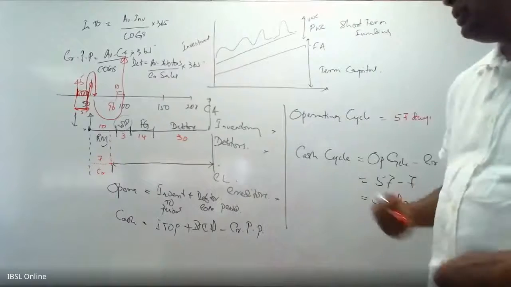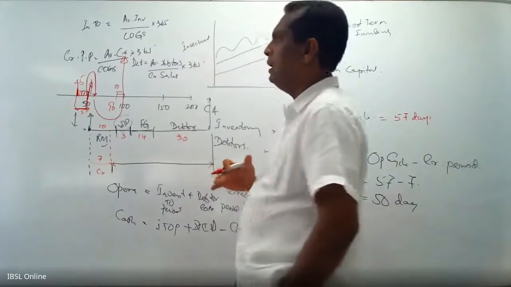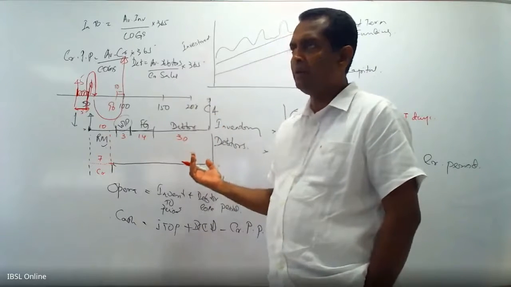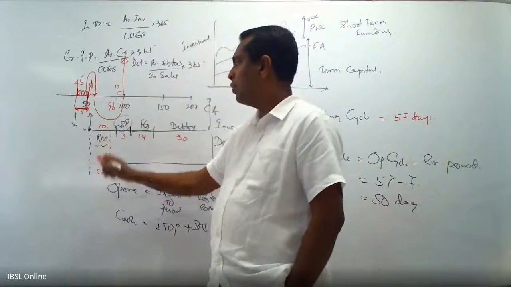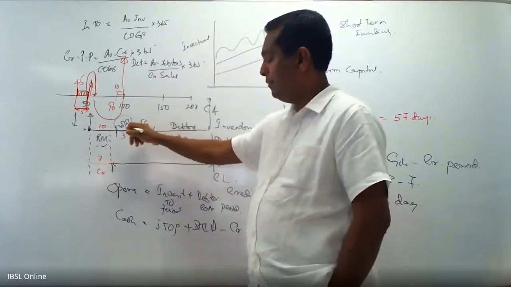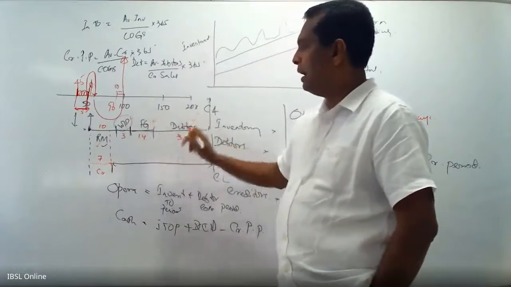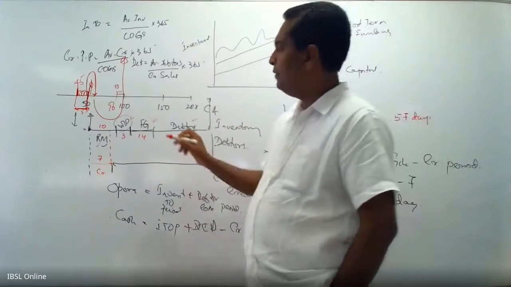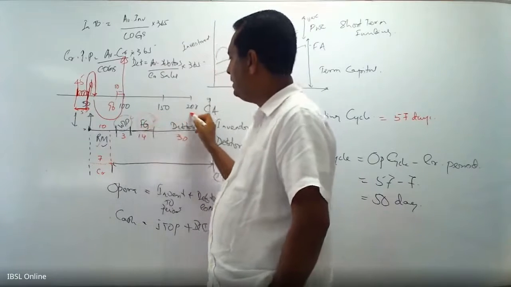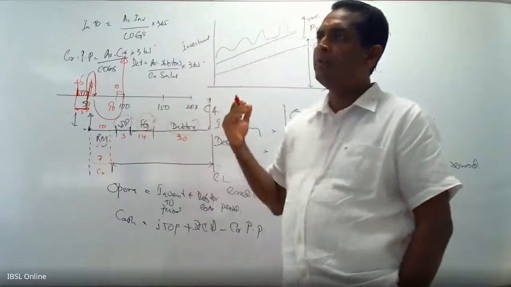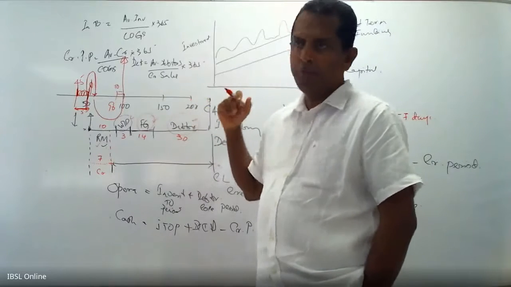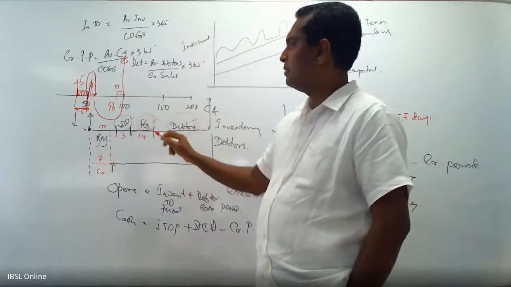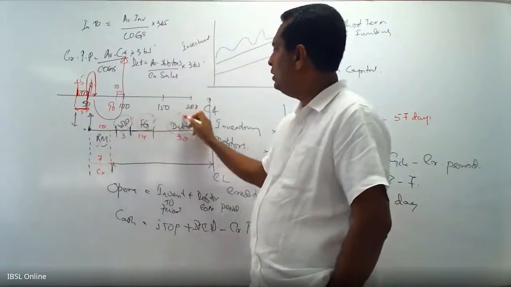Then I went on to say that in the manufacturing industry, we have the largest working capital requirement. Why? We have raw material, inventory, work in progress, finished goods, and debtors. Whereas trading business, we will have only finished goods and debtors. So second level of working capital requirement is at trading business. Then we have service business. We don't have any of these things, it's only debtors.